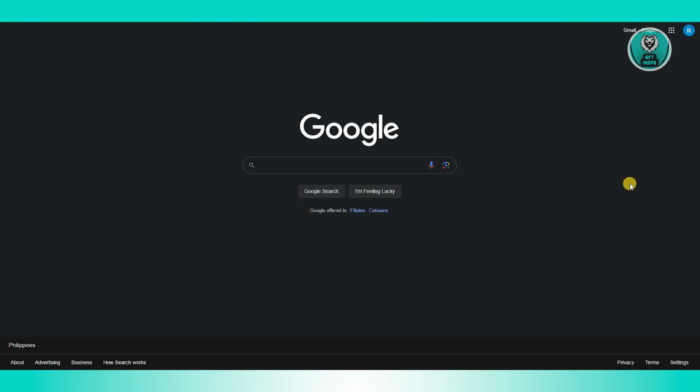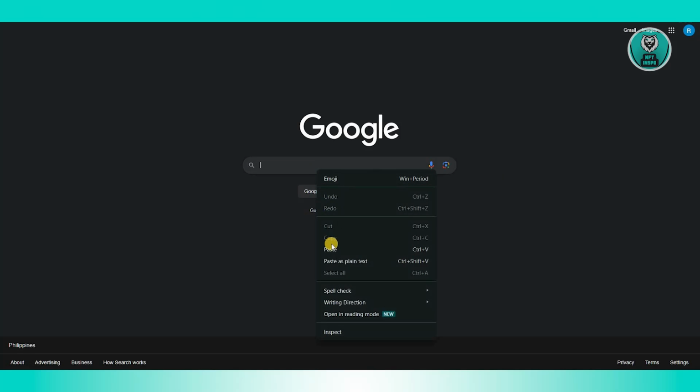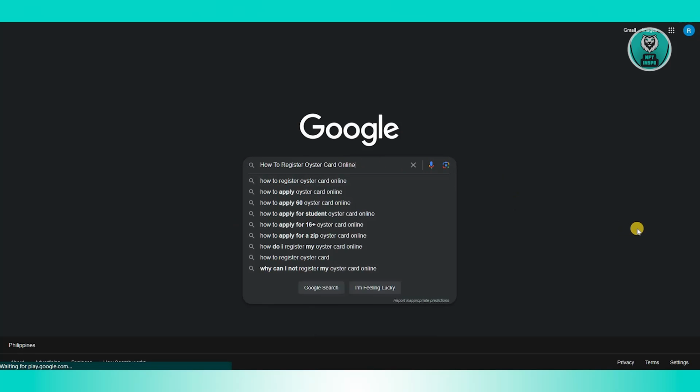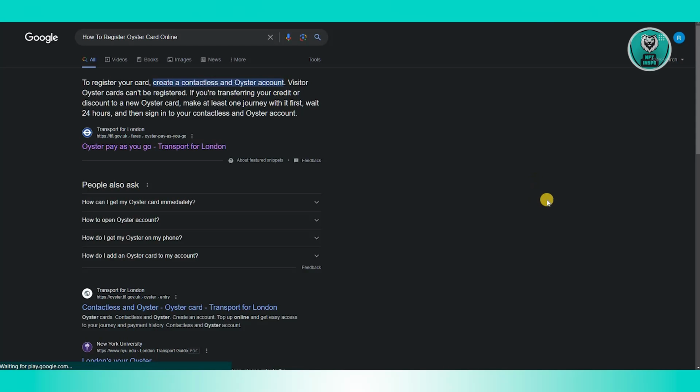So first thing we need to do here is we need to go to google.com and we need to basically search for a very specific keyword because we'll be accessing a link there. Now in this case, you could go ahead and copy the title of this page here and just enter the following keywords and just press on enter. Now from here, you should see a link for Transport for London here. So go ahead and open up the link for